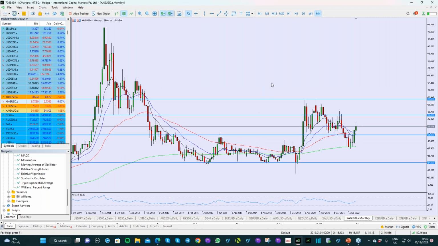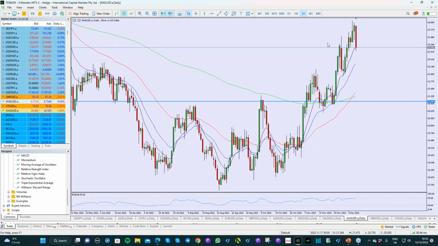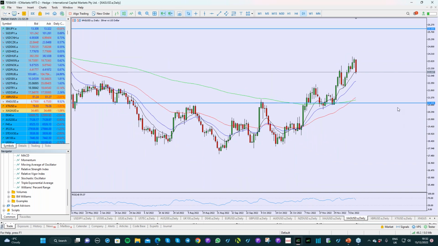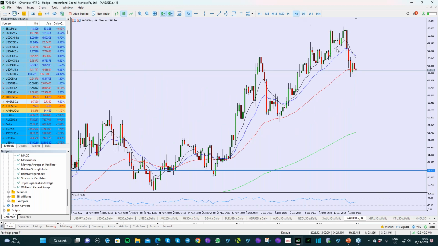So that's why I remain more bullish on silver perhaps than I do on gold at the moment. So that's definitely on my watch list for trading long. Now, in terms of intraday trading,